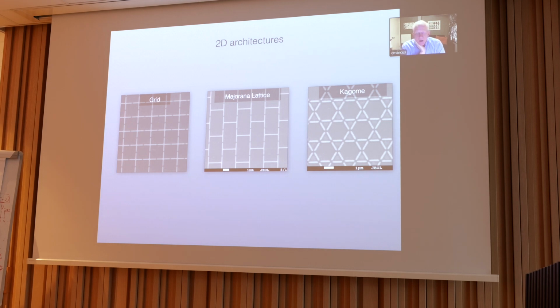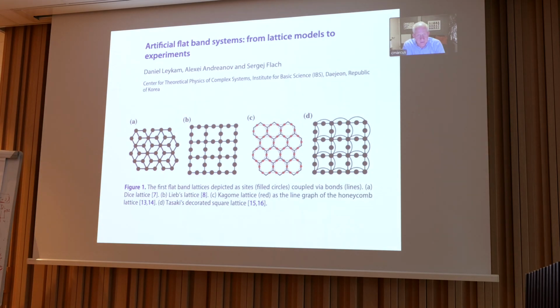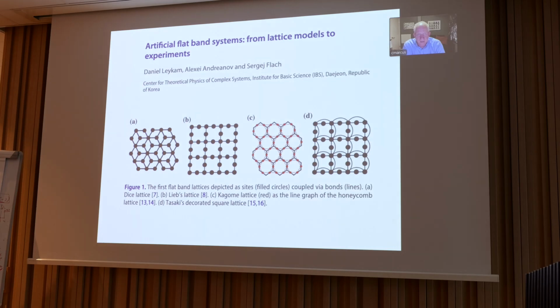We can now make all kinds of different lattices because these are hand-drawn, so there's no reason to stick with a square lattice if you like Kagome lattices, or you like all the junctions in one direction if you want to apply an independent magnetic field and try to make monoions. You can do whatever you want. This is lithography. I was motivated by this particular nice review article on how to create artificial flat band systems